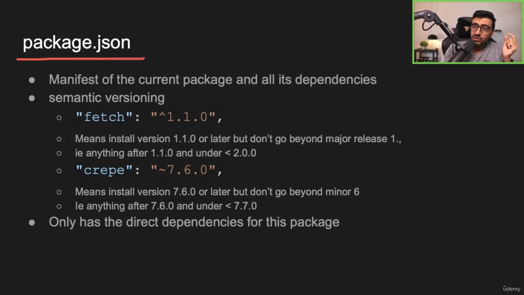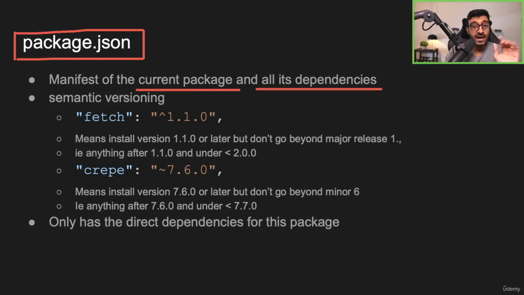So meet our first friend, package.json. It's a manifest, a metadata file that describes the current package. You initialize a package, and this is the start of the file: here's my stuff, here's what I need, and you can define all these dependencies. It defines the current package and everything that it needs, because remember, that's what a package is: what the current file is and what other packages it requires.